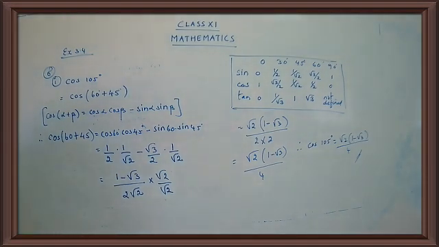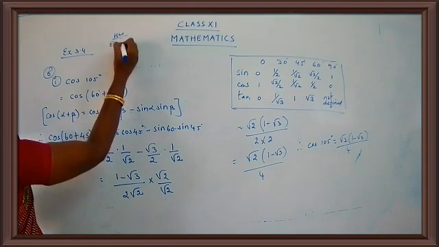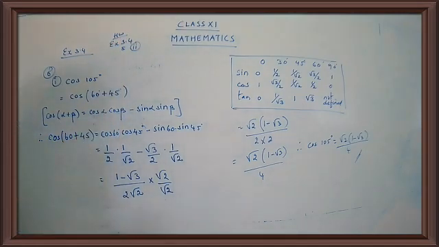Now children, the second one will be homework. That is from question number 5, the second subpart. Homework, exercise 3.4, question number 5, the second subpart. You are going to find sine of 105 degrees. In the same manner you split it, and once you split it, you can apply the formula and get the answer.